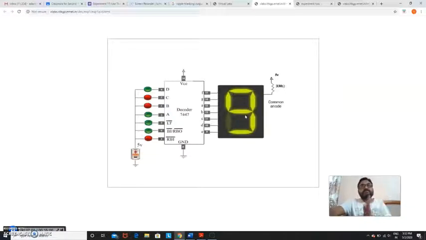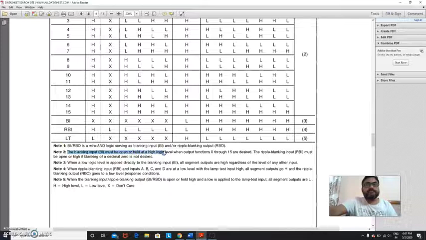Now up to this, 0 to 9 are the BCD values, but if we go beyond that, if I make it 1 0 1 0, I am getting some other pattern over here. Making it 1 1 1 0, I am getting a T over here. So these are the values more than 9 if given to the input. The BI must be held high logic level when we want a BCD to 7 segment display on a 7 segment LED. This point we will see later on, first we will see point number 4.